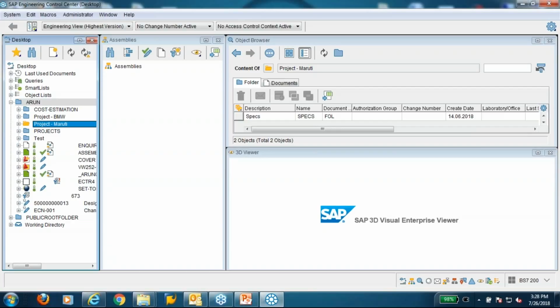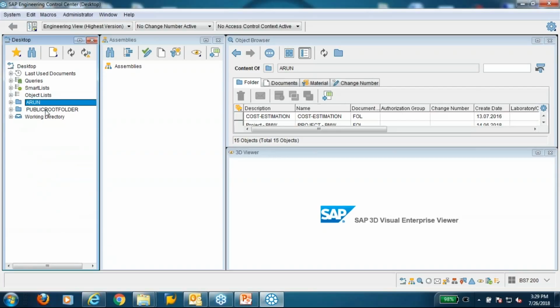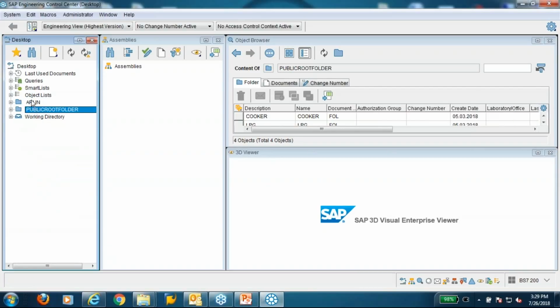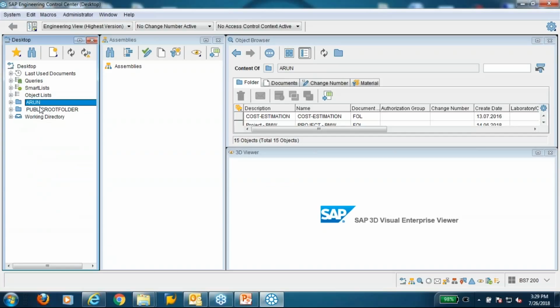I can create all the processes based on the customers, based on the component that I am working on. I have two kinds of folders over here. As you see, you have a public root folder and the individual, respective user folder. The public root folder is a common folder which is available across all your other colleagues to access, like for example, some standard